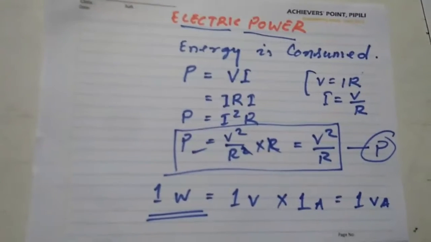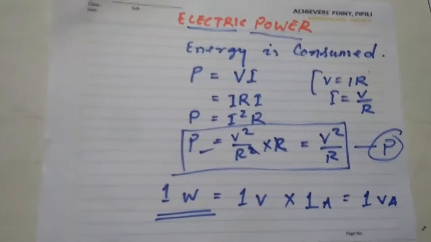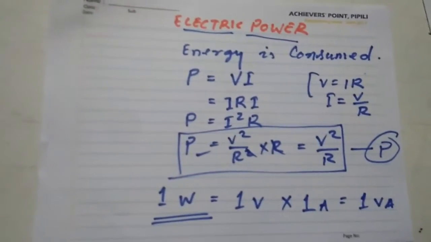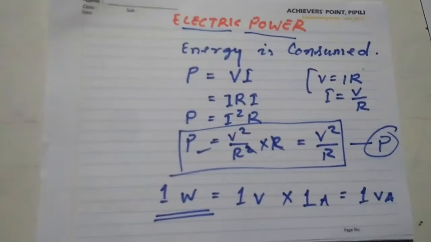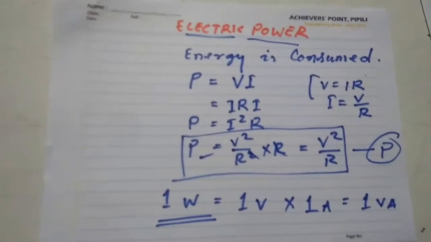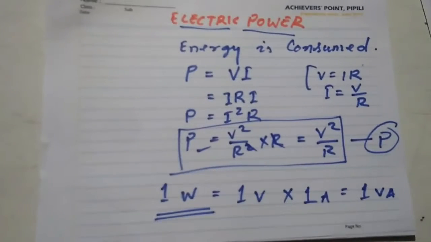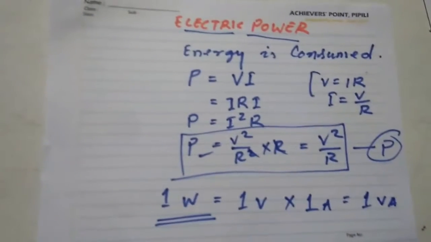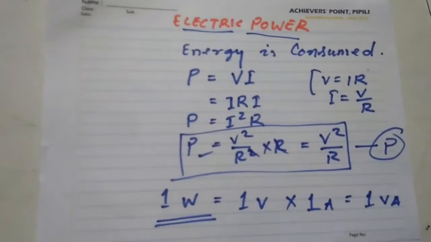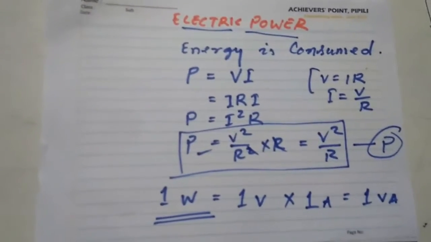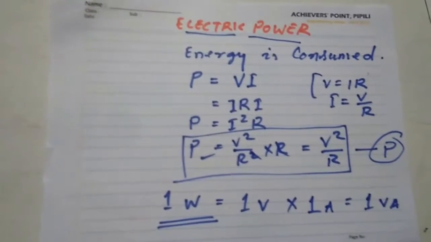Its measuring unit is the kilowatt, not the watt. Watt is a very small quantity of electricity. Therefore, in actual practice, we use a larger unit, the kilowatt, which is 1,000 times the watt. Since electrical energy is the product of power and time,